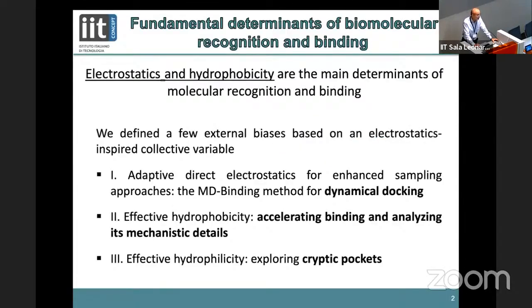I am an electronic engineer by training, so when I first went into Berihonix lab more than 20 years ago, that was kind of a shock. But one of the things that I learned is that electrostatics and hydrophobicity are the main determinants of molecular recognition and binding. After several years, I think we finally managed to set up a number of ways